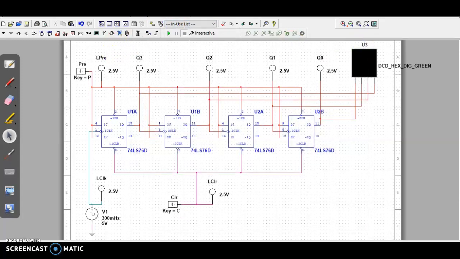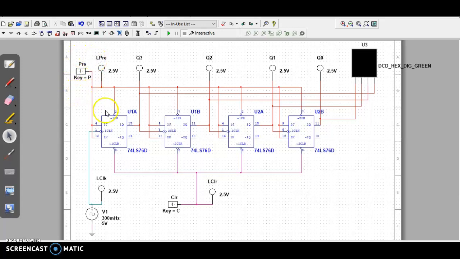Now let's see the connections of the circuit. Firstly, as we studied about the asynchronous counter, the output of the JK flip-flop is given as the input of the clock in the next flip-flop. Like that, we have given the circuit connection. Preset and clear are the main things in the JK flip-flop.